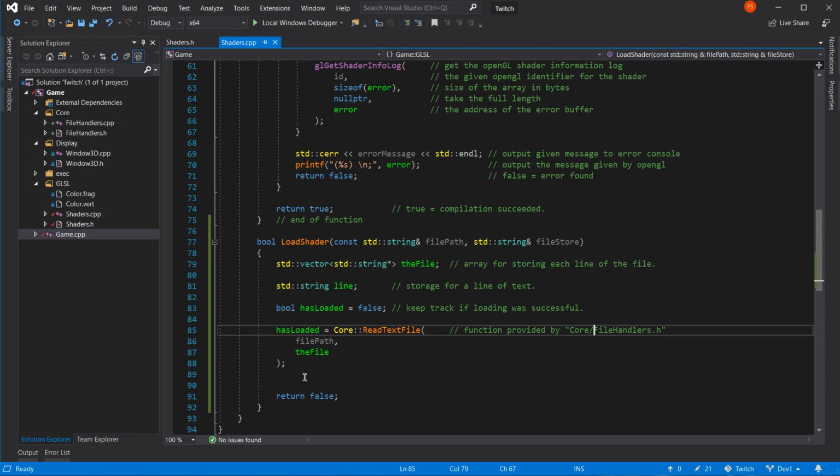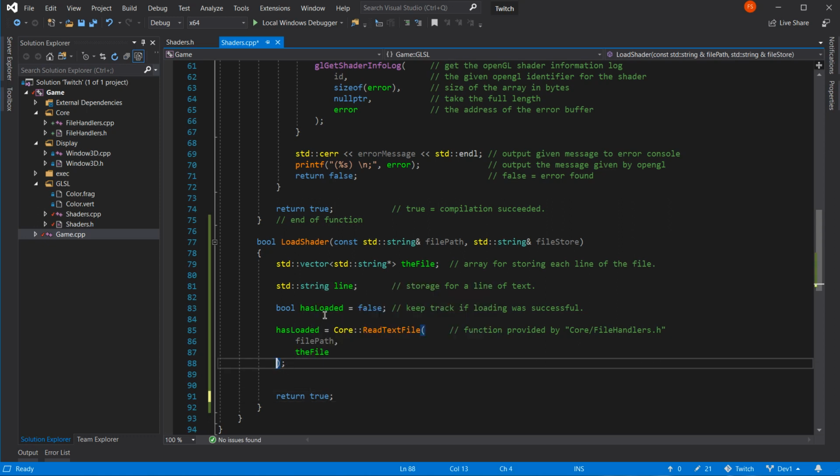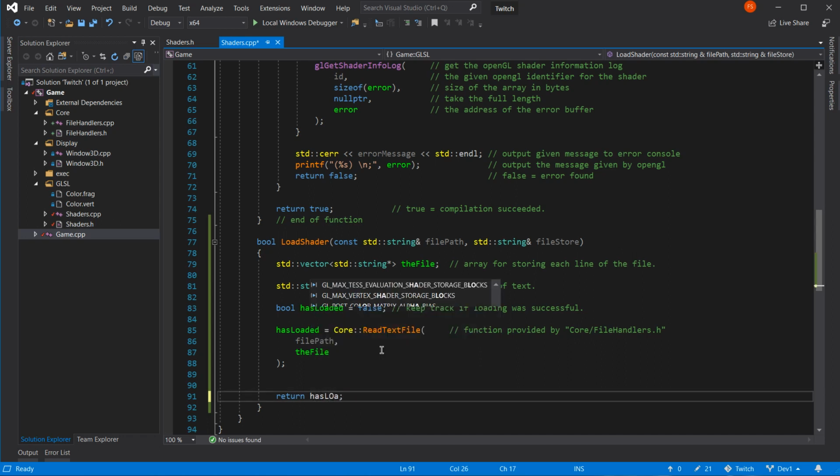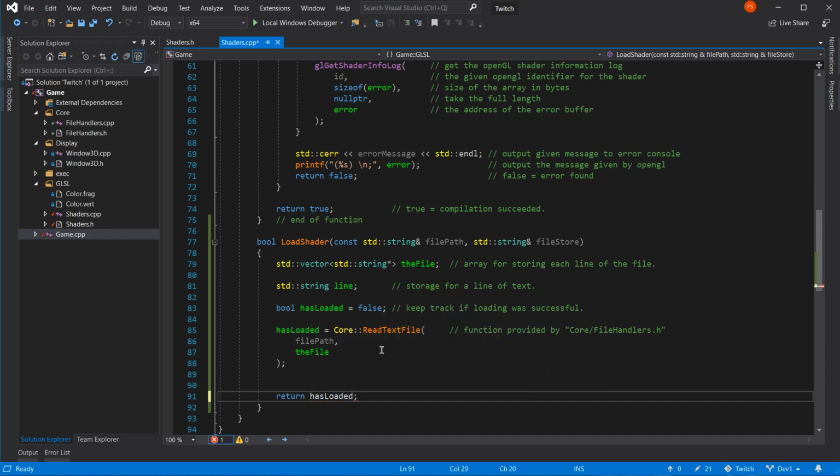So we're going to load. So if we've loaded, we can continue, I guess. Yeah. So, why return false? It should be return true. That's even better. Has loaded.